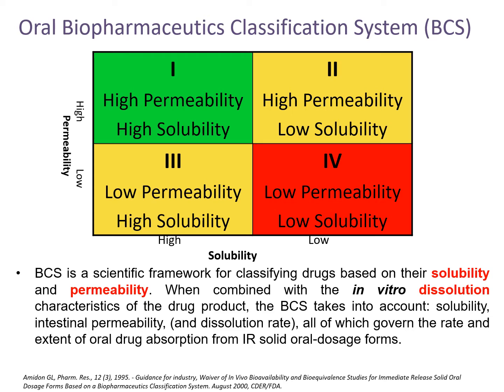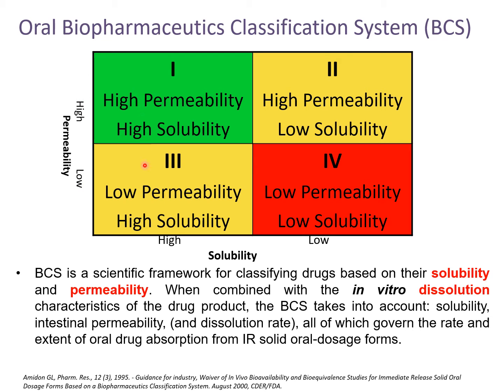Borrowing from the Oral Biopharmaceutics Classification System, the BCS, to give us a guide as to how we could use a similar sort of concept for particles. We used the concepts from the BCS, the design, to help us proceed. So if you look at the oral BCS, you have along the bottom axis solubility. We have high solubility on the left and low solubility on the right. And you have drug permeability, low at the bottom and high at the top.